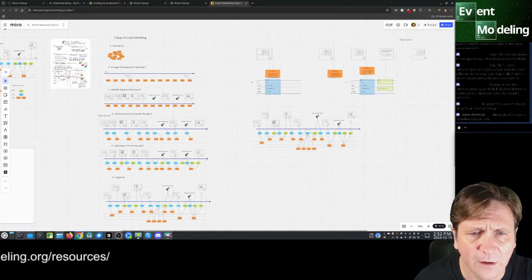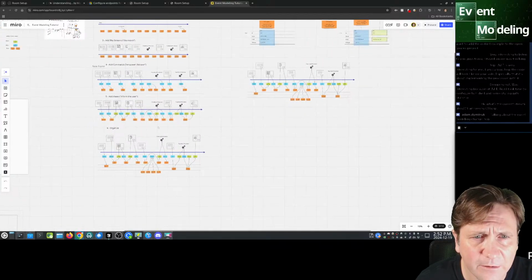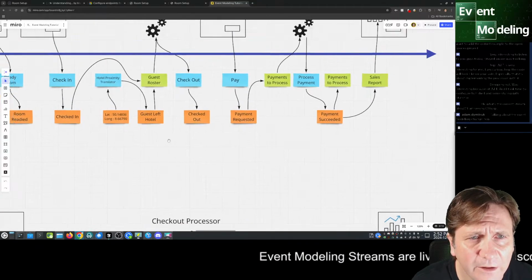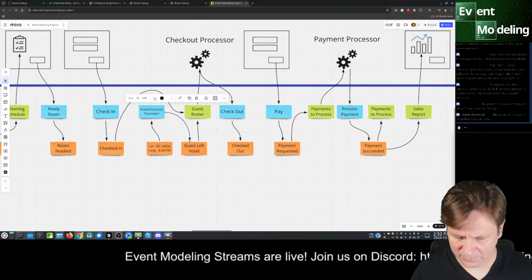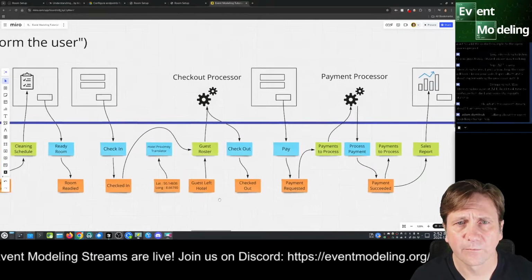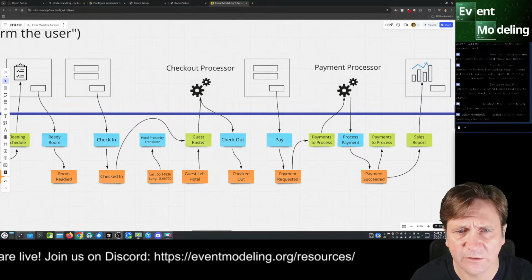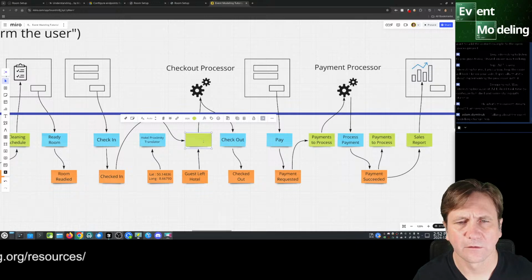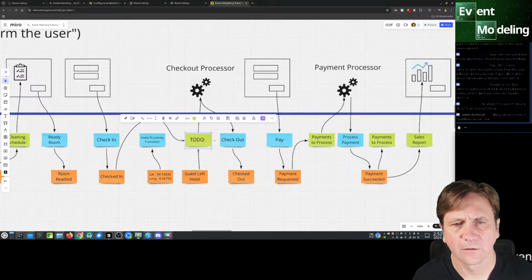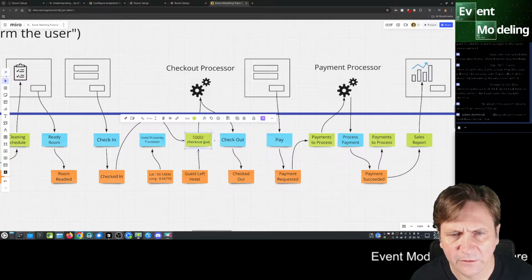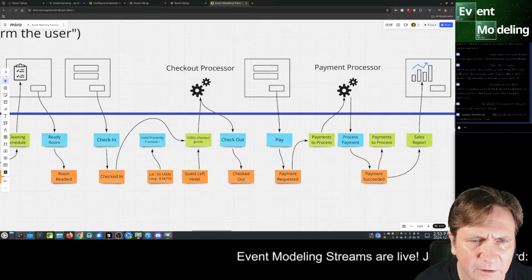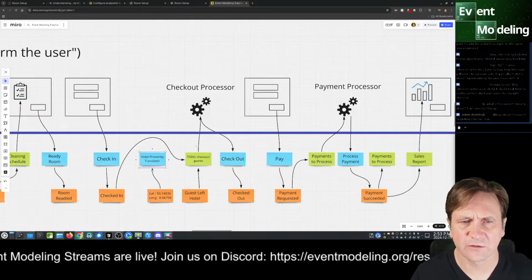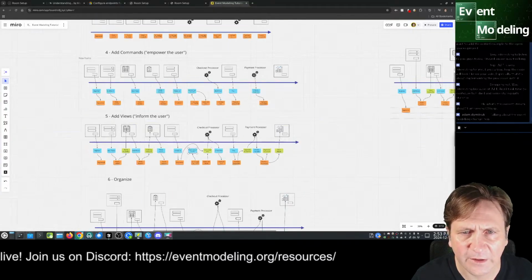So this stuff looks okay, but we gotta get, yeah, up to this point here. Yeah, this has to go. Checkout processor, guest roster. This has to be a to-do. Guests. That's it. Hotel proximity stuff. Yeah, this has to be changed as well. We want to get rid of that.